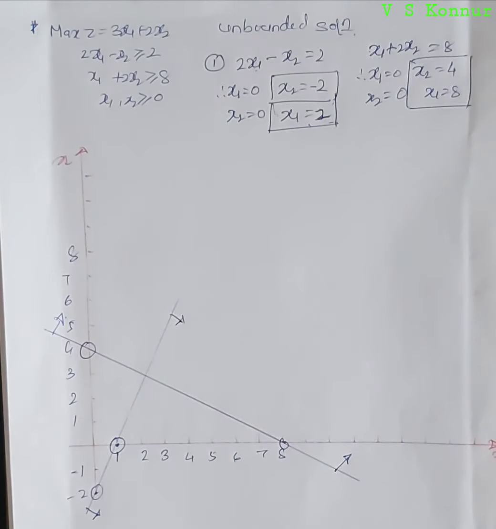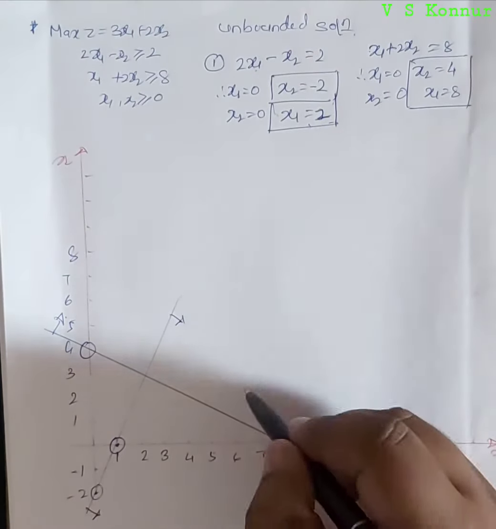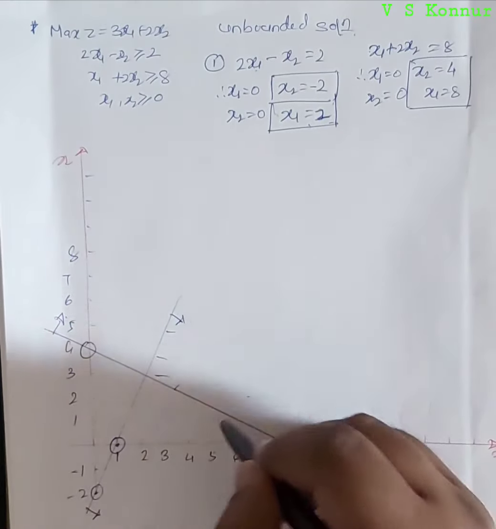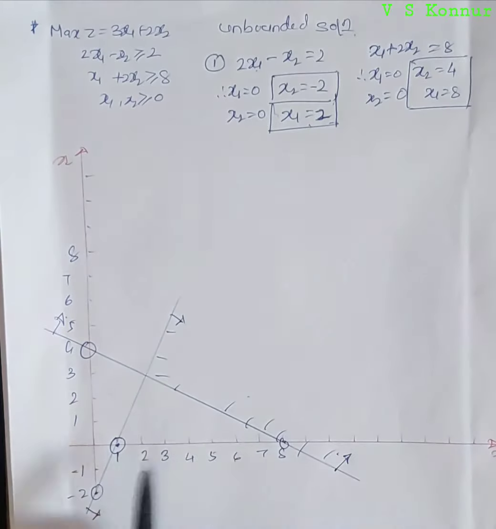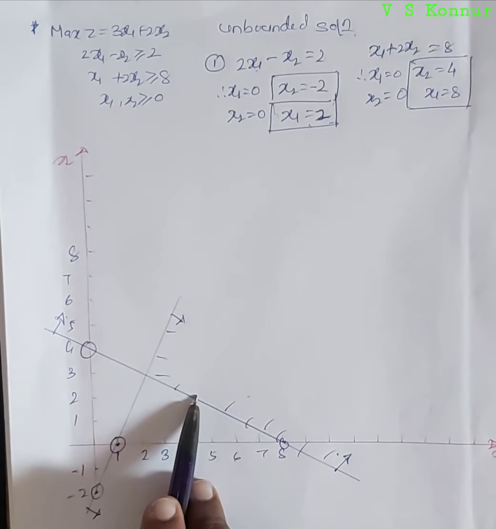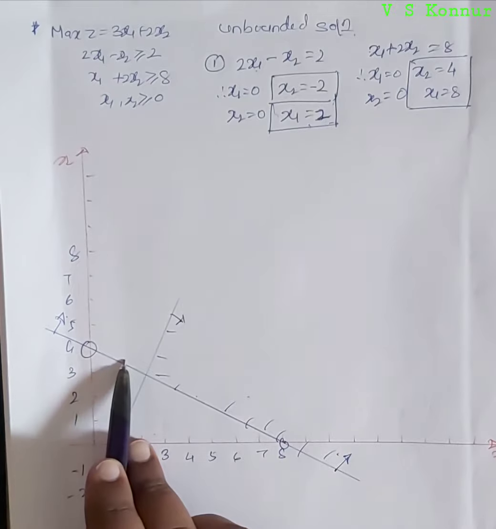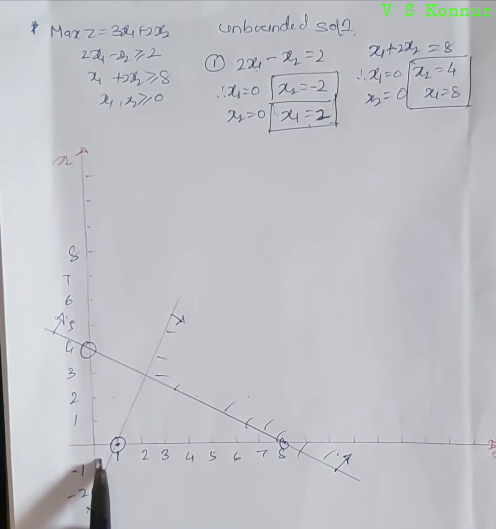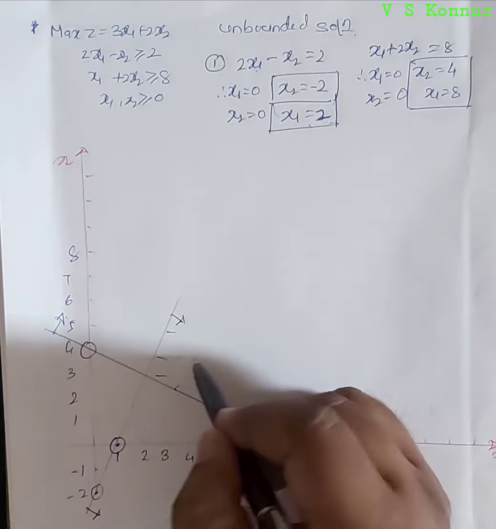Now, where will you get the feasible region? So this is the region, both are intersecting, right? Here away from the origin one is there, here away from the origin one is there, here both are away from the origin, so there is no region other than this. You will get this region.